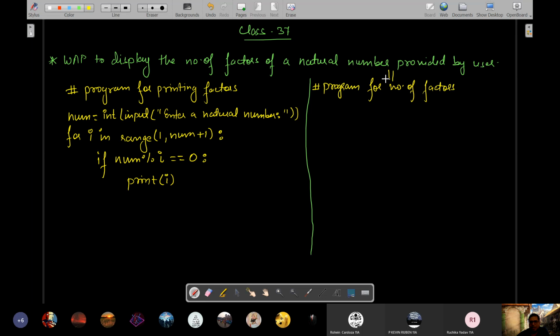That is, this is the answer to the question. So we'll write num is equal to int input, the same line that you are writing. Then you will write for i in